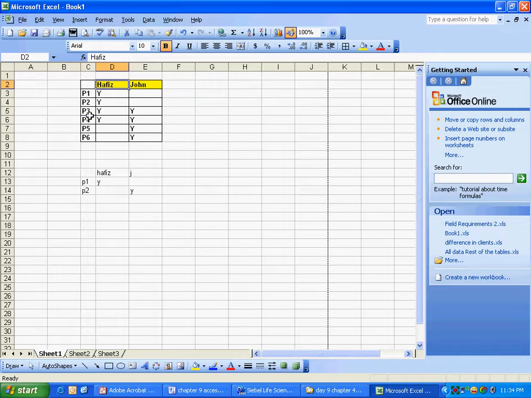We'll give Hafiz the access to category C1, and C2 we'll give to John. In this case, Hafiz and John, there are only 2 parts, and this is the access that we want to give. So we'll still make 2 categories.